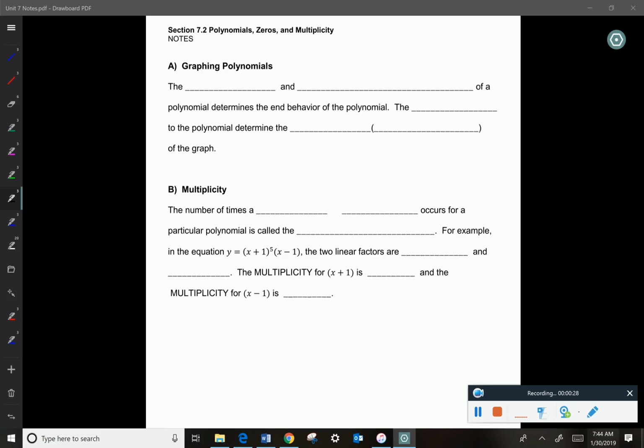Okay? So now we're on the section 7.2 notes, and look at the top, graphing polynomials. It says that the degree and leading coefficient, this is what we learned the other day in class, the degree